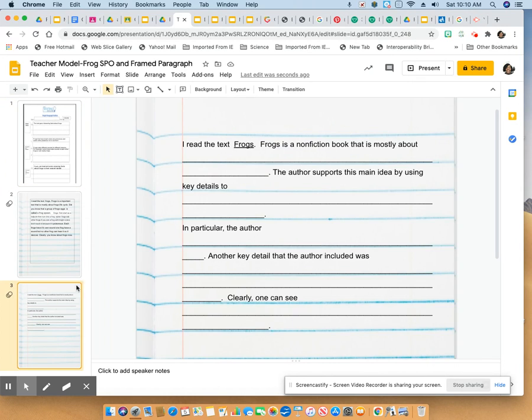So I need to write something like that. I read the text, frogs. Frogs is a nonfiction book. I may not even want to say that it's mostly about. Okay. I could say important details about frogs, but I don't want to do that. So I read the text, frogs. Frogs is a nonfiction book that, I'm going to take this out, that